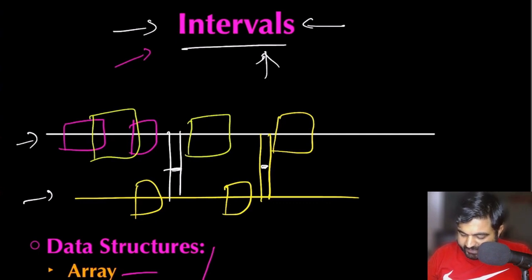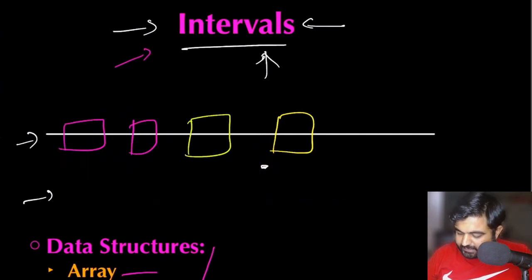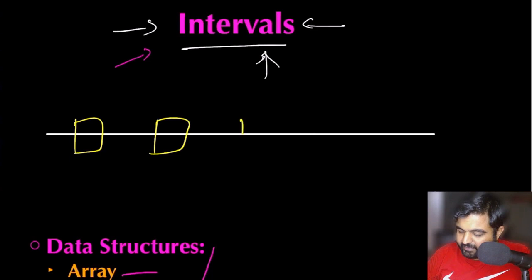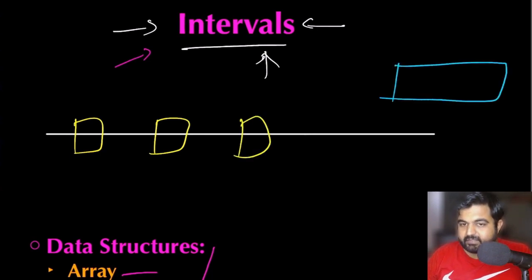The second problem we can find is that, rather than this, you are given only a single time sequence with some different intervals, and you are told that this is a new interval that you want to merge in such a way that there is no overlap between any existing intervals. So these are just a few of the problems.